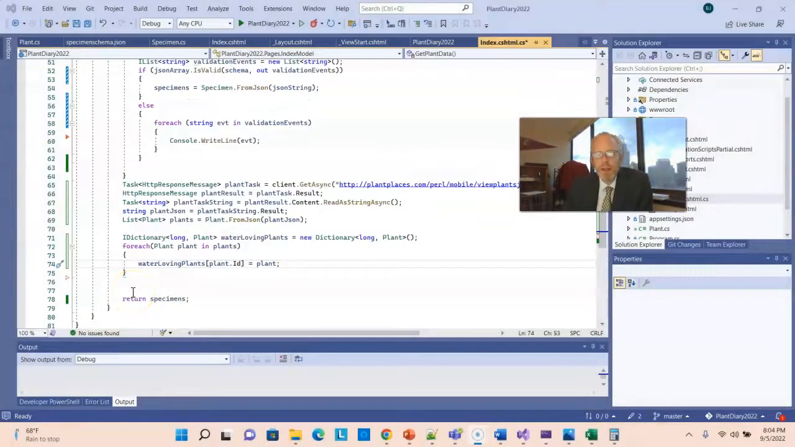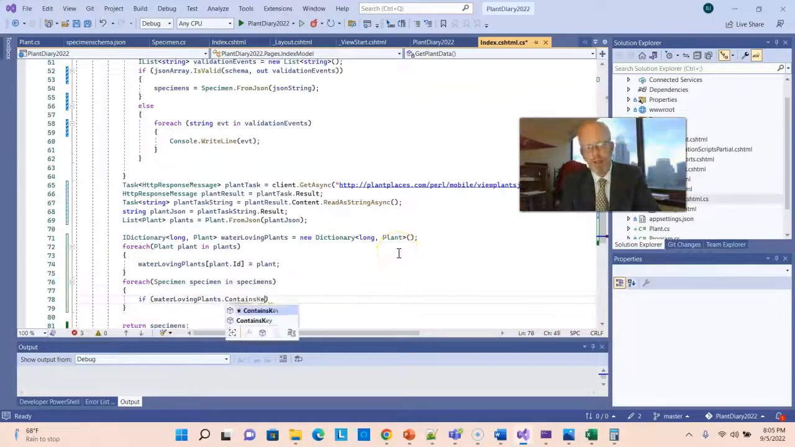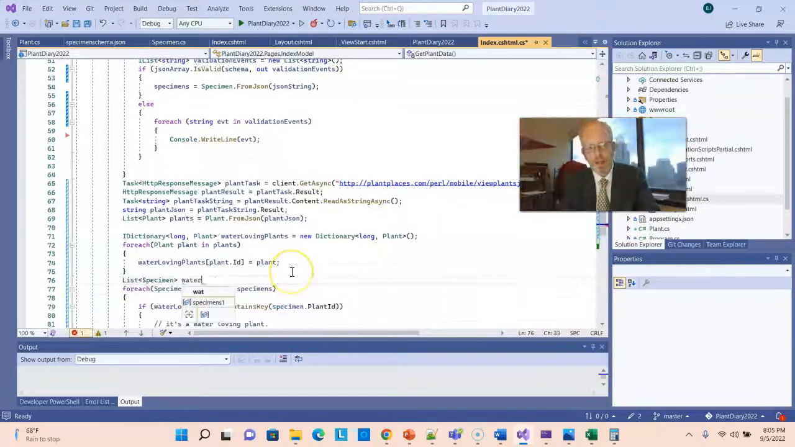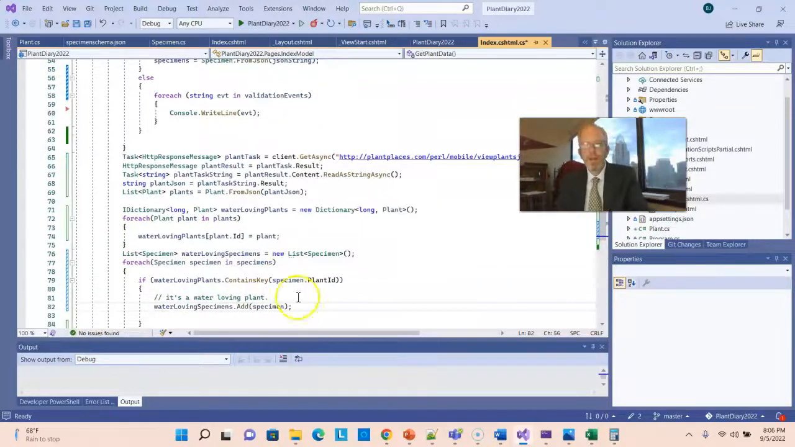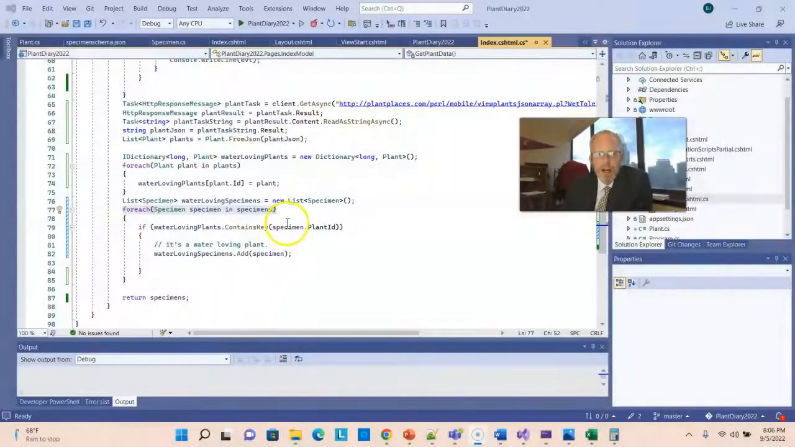Next, we can find out which specimens like water, and we can add them to a collection. What's going on here? Well, notice I'm using a for each loop to iterate over the entire collection of specimens. Once again, with the for each loop, I'm dealing with the collection. I'm shaking hands with each item individually on each iteration. So each time I shake hands with an item, I ask it for its plant ID. And then I say